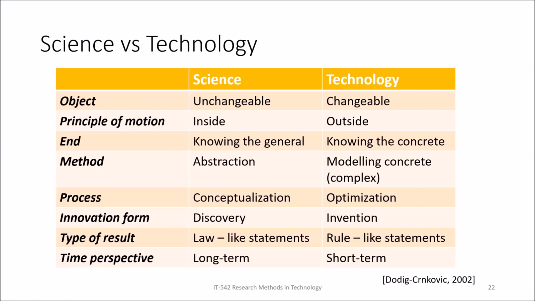So what are the differences that you'll find between science and technology? The objectives of science are unchangeable. Technology can be changed, right? Technologies are continuously changing year by year, maybe even in a few months, if you see the latest technology, it could be anything. New technologies are coming into the market. But science is unchangeable. Some laws are not changeable. If you define some law with proper proofs and evidences, you can say that this particular law can be used, right? These types of results are your laws, your rule-like statements.